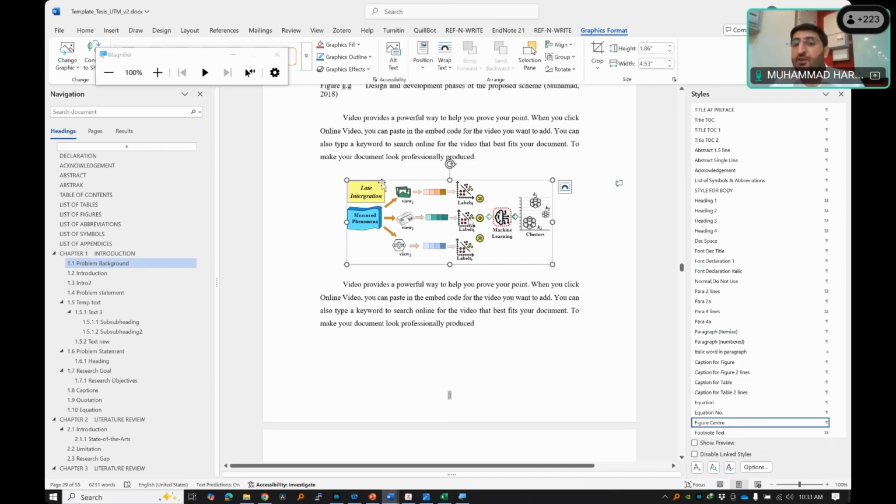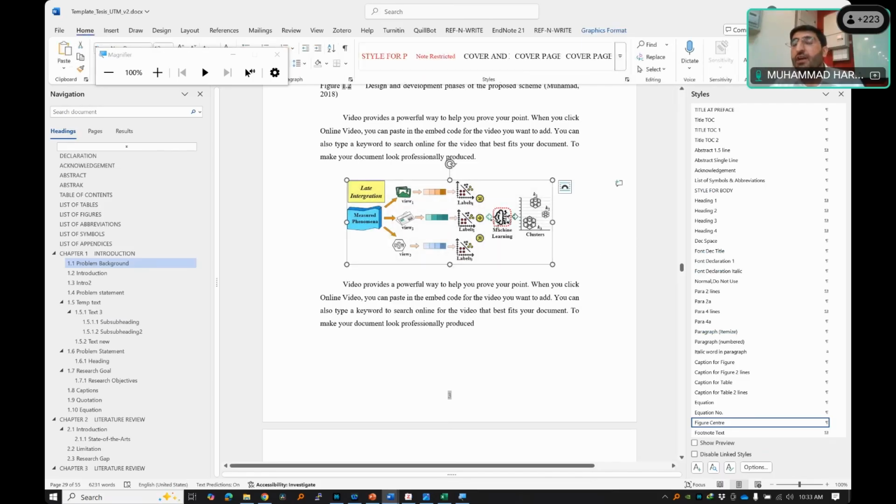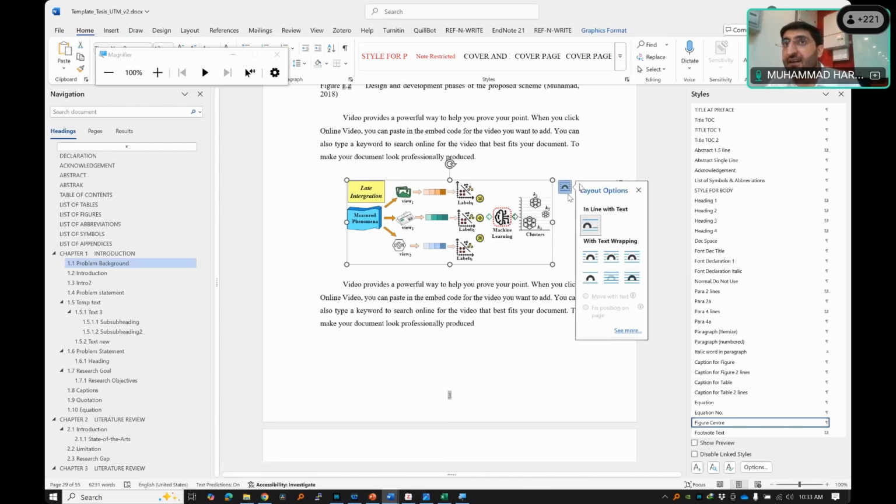Once you insert this, you need to click on this button. This is also another big mistake that people make. This was one of the examples. I was working on one of the theses, and in that thesis the student copied the figures in a way that was very difficult to manage. What was the problem? In the figure styling, this should be set to in line with text. What he actually did was select this one,